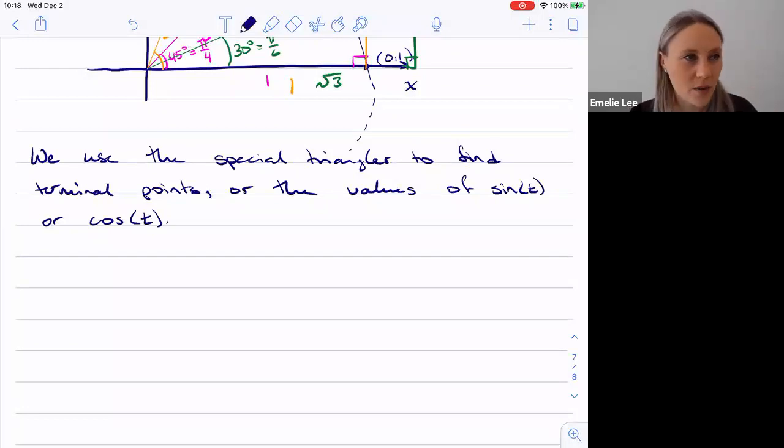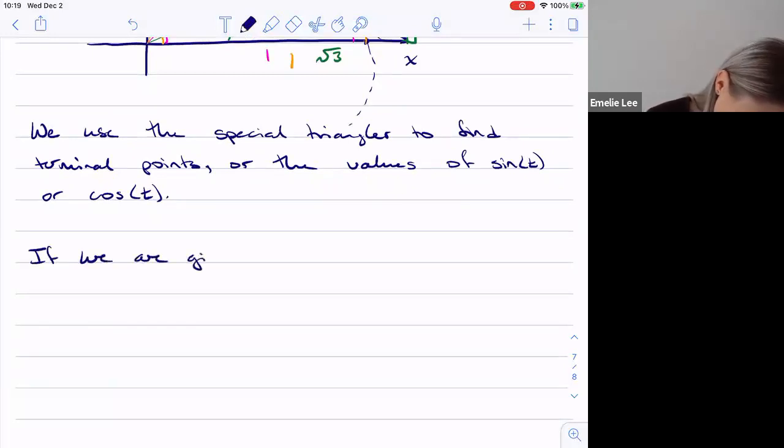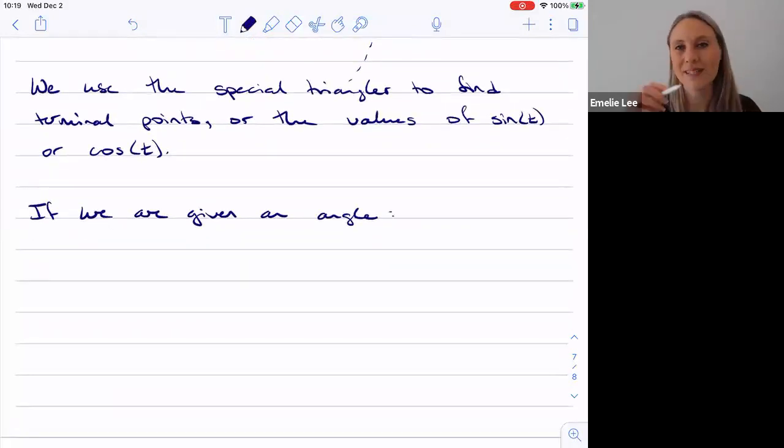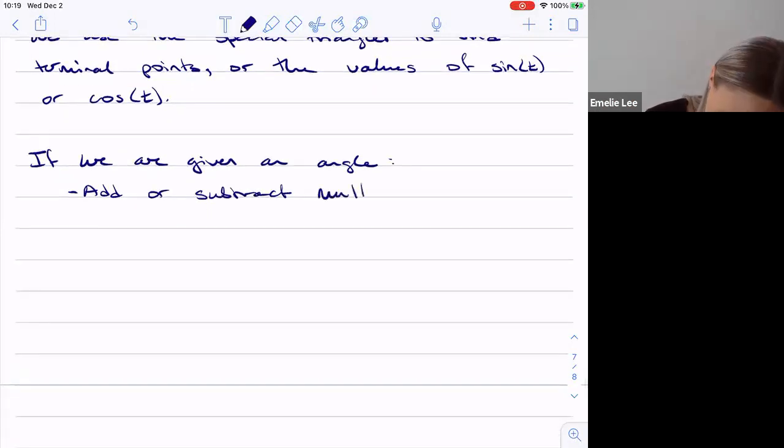There's just one more thing. I know I'm running low on time, but I just want to introduce how we're going to use these terminal points to solve problems. So specifically, if we are given an angle, it doesn't matter how many times you've gone around the circle. What you need is to take away those full revolutions and only focus on the terminal point. And so what we do is we add or subtract, depending on the angle that you're given, multiples of 2 pi